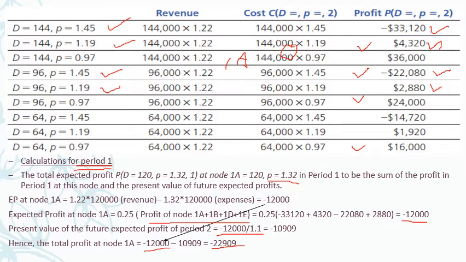What does that mean? If it is a loss, this demand and this price are not really encouraging. Here I have a profit. This demand and this price is encouraging. Whenever I get a loss, that demand and that price is not encouraging. That is the meaning of that. Finally, what should I do? I have to select that particular option which gives me the profit. As we move further, you will understand that.